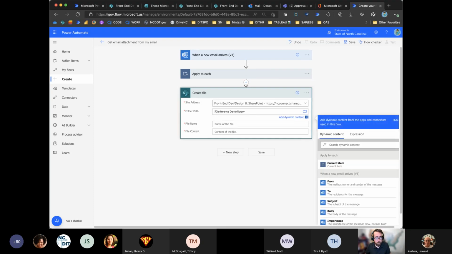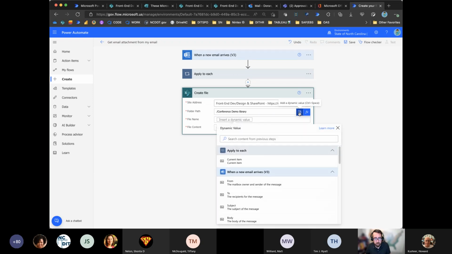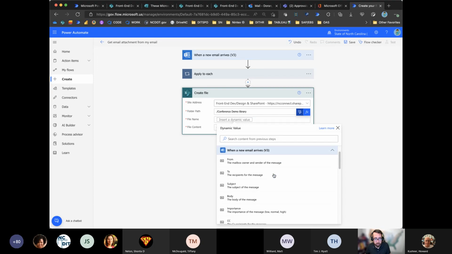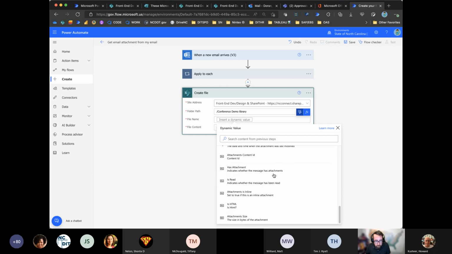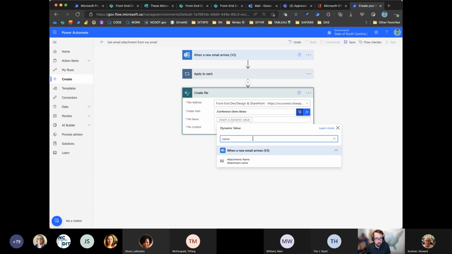And then it's going to ask, what do I call the file? Well, I want to use the same file name that was in the attachment. That makes sense. So I'm going to insert this dynamic value again. Here is when my email arrives. I want to get attachment name.